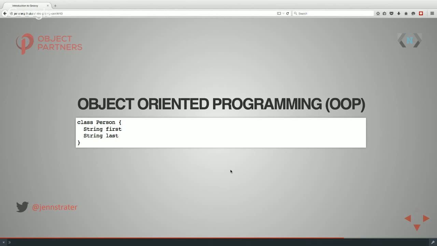So moving along, we'll talk about how we incorporate this into object-oriented programming. Groovy can be used for scripting, and it can be used traditionally as object-oriented as well. This is a fully complete class.